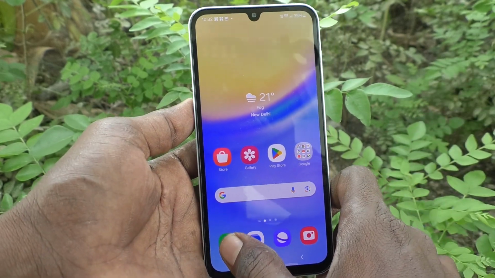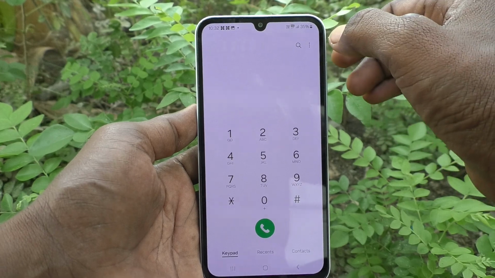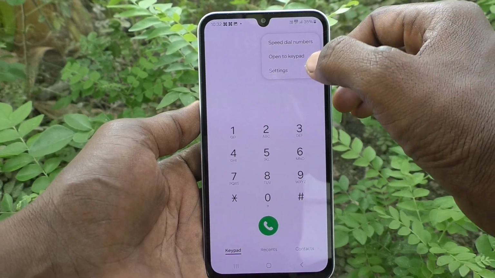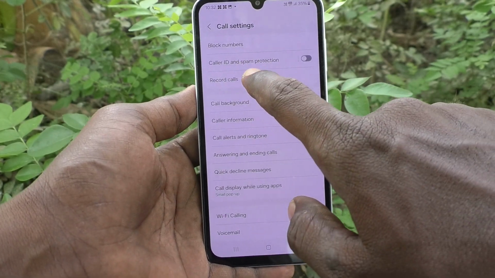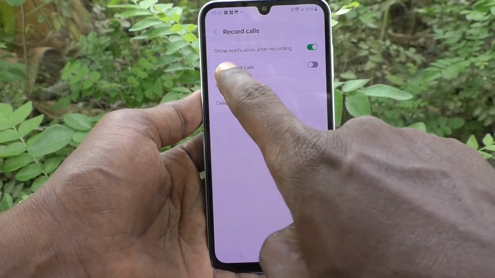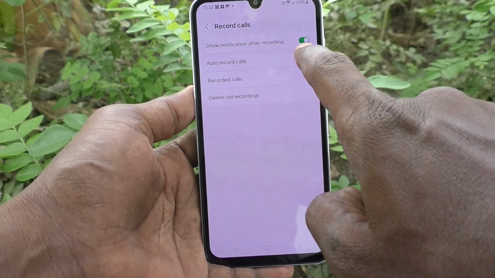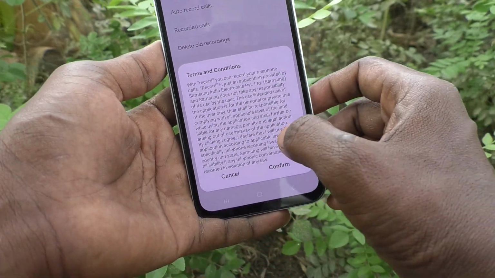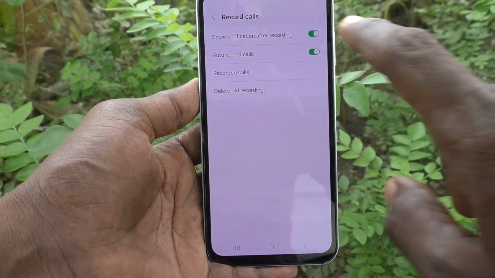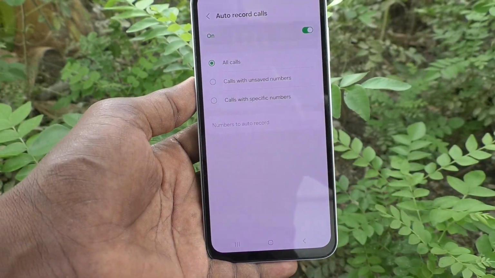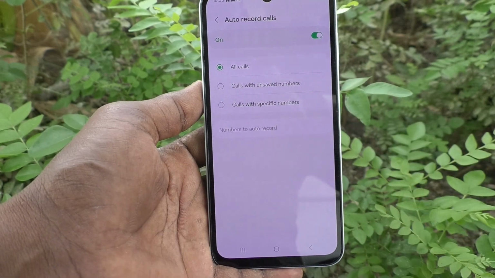First of all, go to this call button and go to these three vertical dots here and go to settings there. Now here click on record calls and here turn on the button against auto record calls and accept terms and conditions. Just click on continue and now click over auto record calls, and here first option is selected all